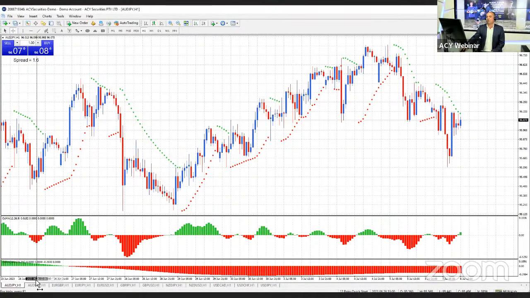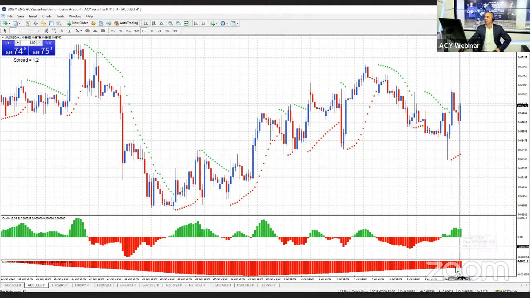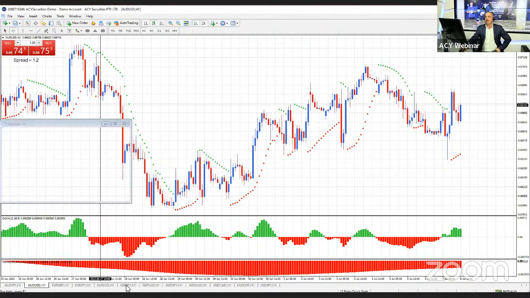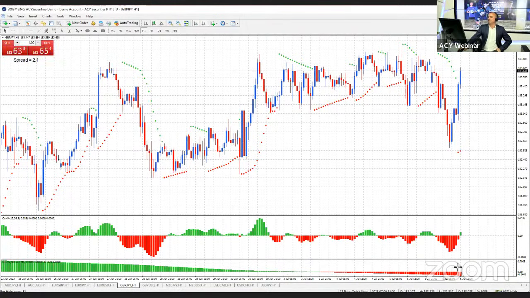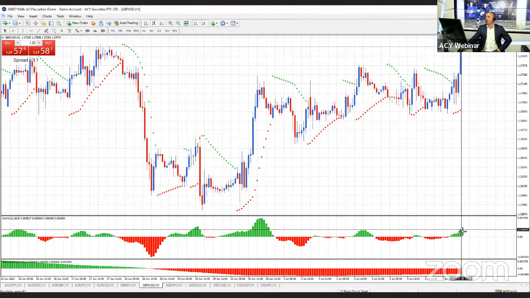So if I move across, and the beauty is, you can quickly, in a couple of minutes, isolate the trades that I want to keep an eye on, and get rid of the ones in this strategy that don't match. So if I was to go Aussie US dollar, not a match, folks. So the hourly and the daily are in disagreement at this stage. So I'll ignore it. I could then go to say pound yen, and at the moment, it's still not a match. So that isn't one I want to focus my attention on. Okay, so it's a very simple concept. Or you can see pound dollar now is no longer a match.